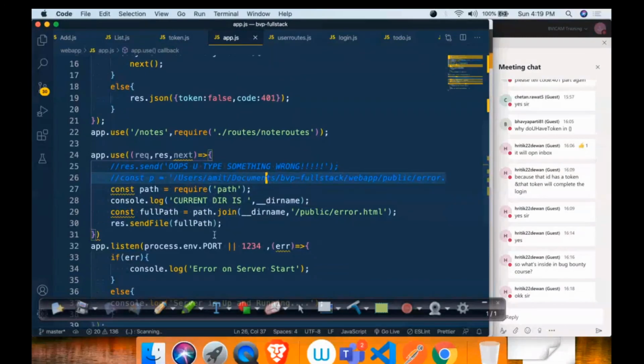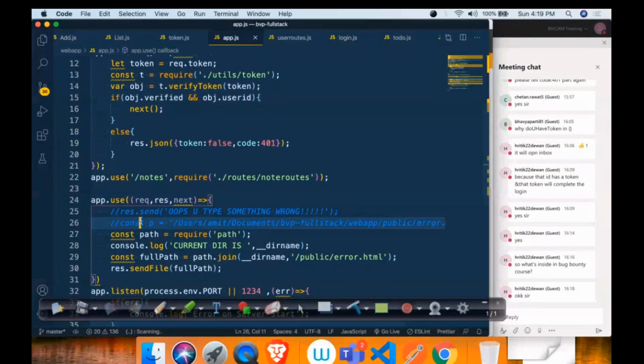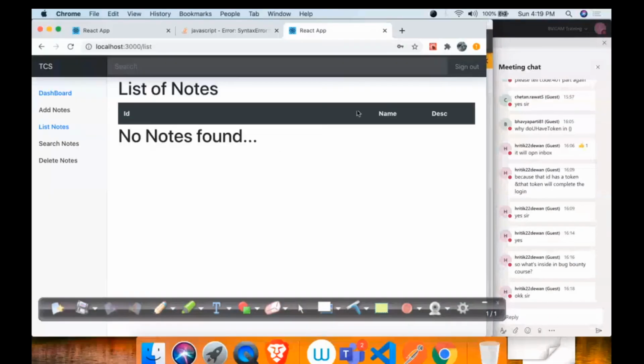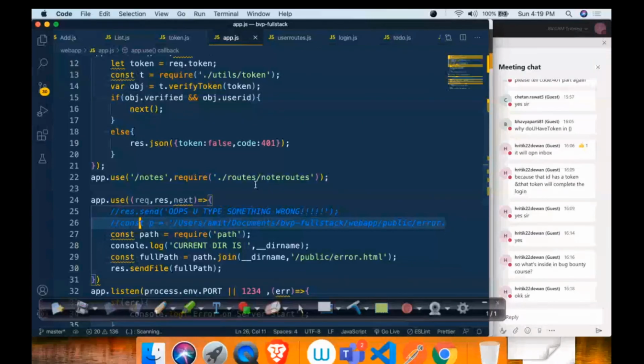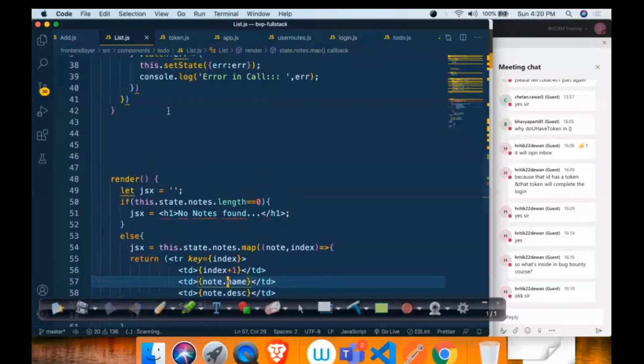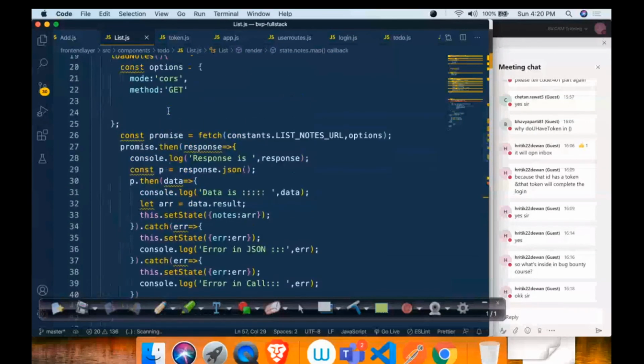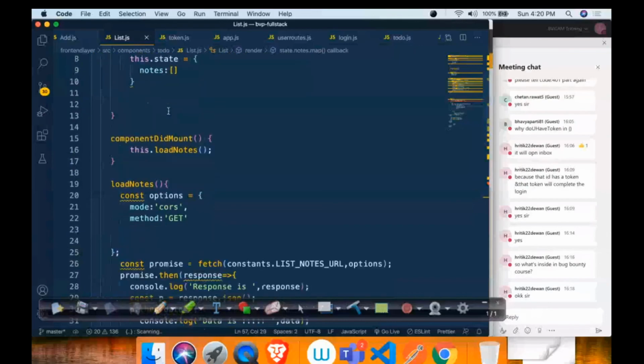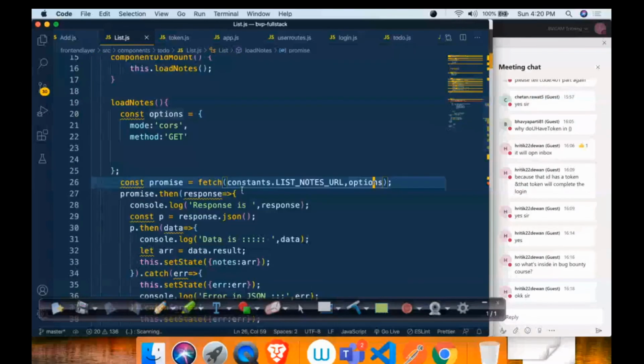So moving back, guys, to this thing: so far our application is working fine. Now local storage has this token. We have the token, and we want to send this token to fetch the data. So the first thing is to go to the list, and from the list side, just send the token. This is the list, and you have this URL. From this URL, I will